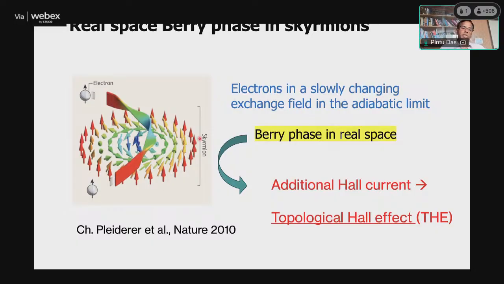And because these features are topological features that we have discussed, this Hall component is called the topological Hall effect. This additional Hall effect is called topological Hall effect. So that means